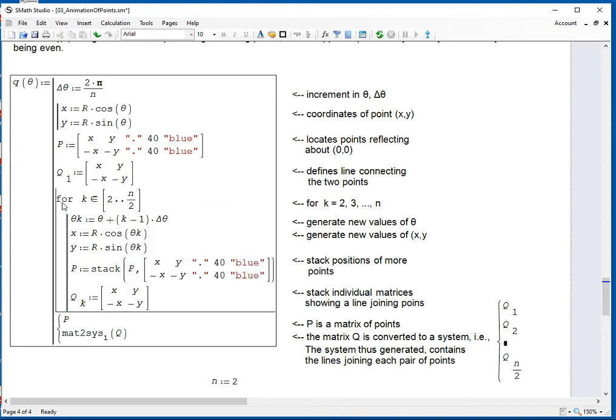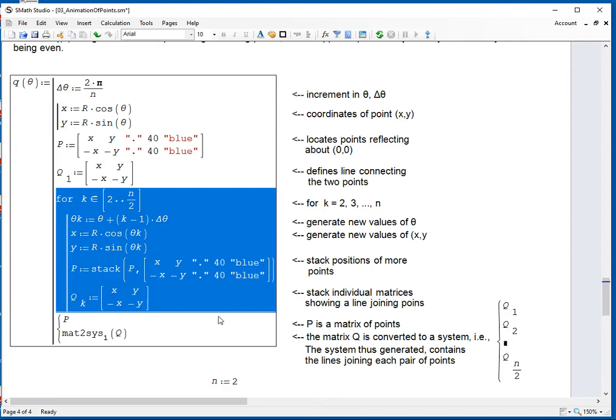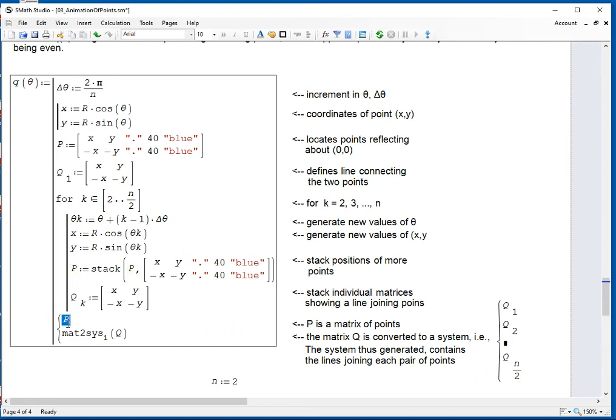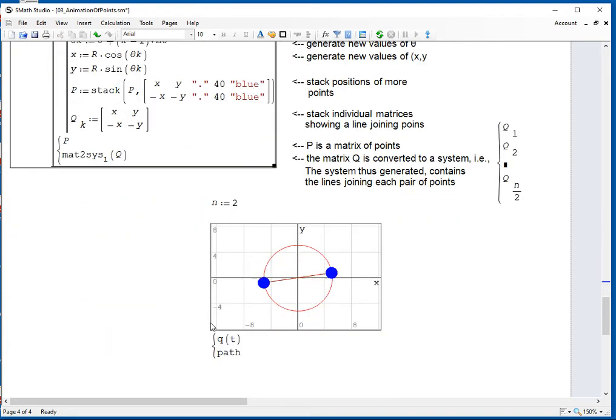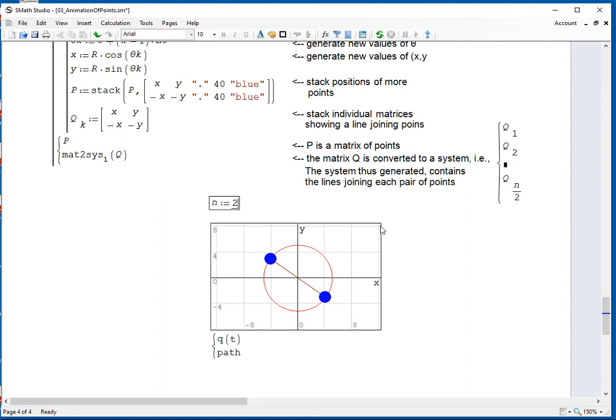And as I complete this for loop, I end up with a matrix of points, and then I'm going to end up converting these matrices into a system, and that is enough to produce bars moving with points rotating about the origin over the circle of certain radius, the red circle. And what I do here, I can change the value of n, how many points I want, and this has to be an even number. If I try an odd number,